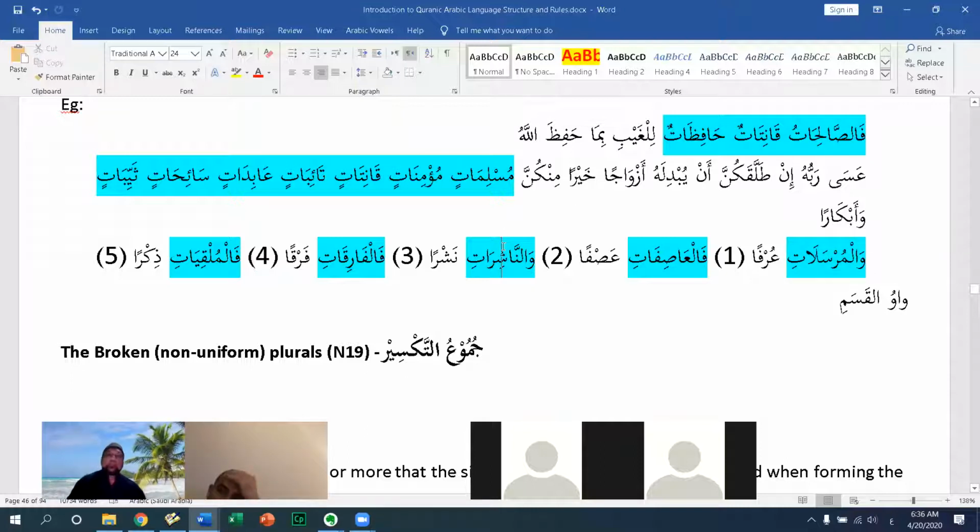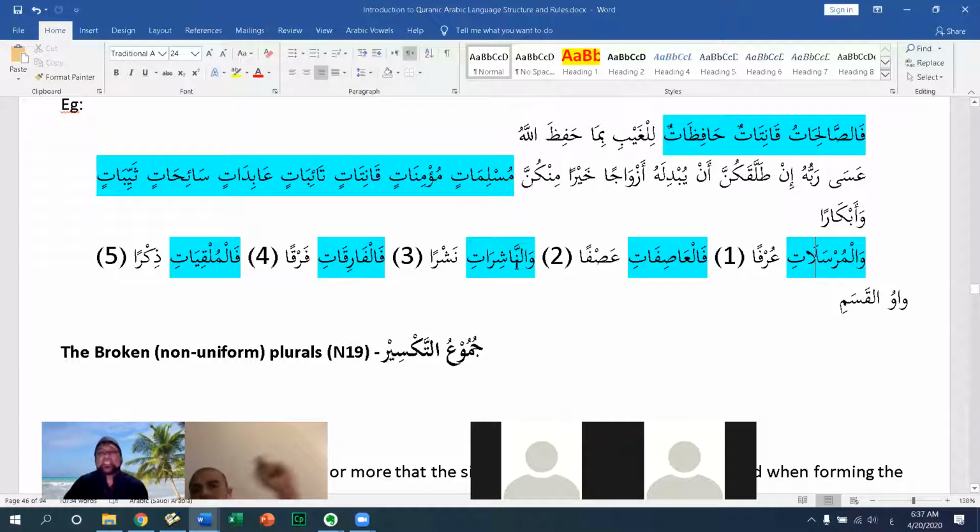والناشرات, you can go both ways. Now here, this waw, we can say it's waw al-qasam and it's a new swear, or we can say it's harf al-atf, and then we can say an-nashirat is ma'tufun ala al-mursalat. Are you following that? An-nashirat means to spread. Wan-nashirati nashra, that they spread the rain and the seeds and whatever they blow.